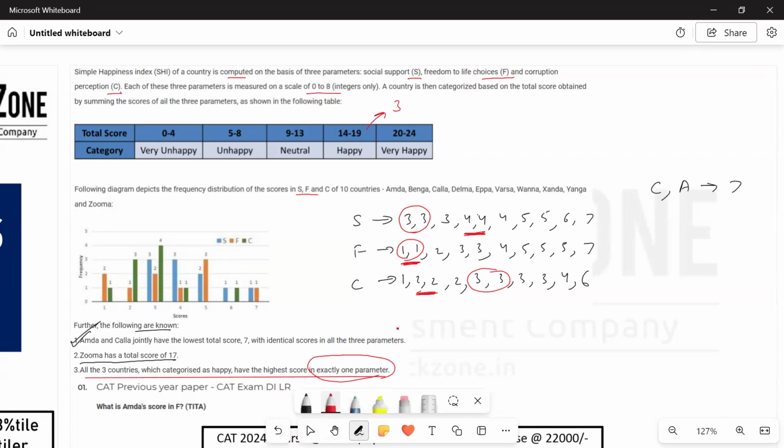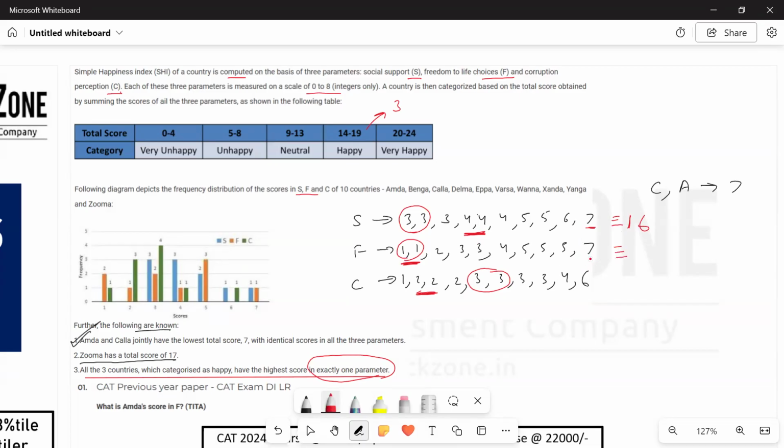Let's say if we are considering this 7, we are taking the S factor as the maximum. So what can be the maximum score for this country having the S parameter as the highest? Maximum score, what is it? One will take 7. It cannot take this 7, so it has to take 5 to get the maximum score. 12. It cannot take this 6 because it can have only one maximum parameter, which is this 7. So 7 plus 5 plus 4, which is how much? 16. So the maximum value it can have is 16.